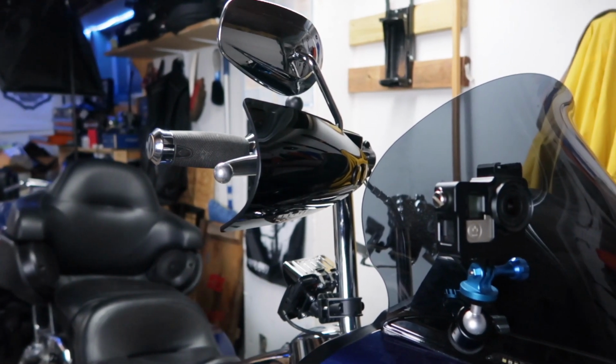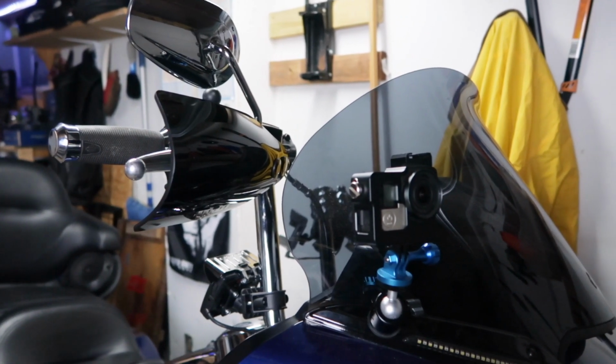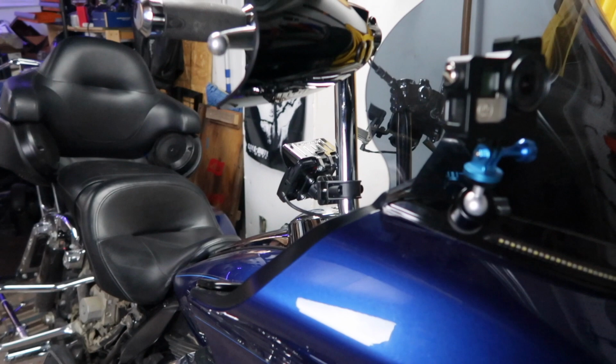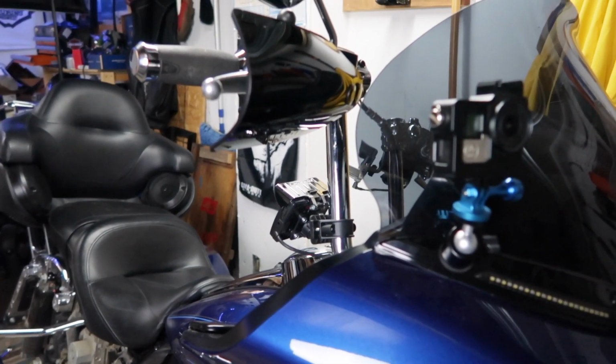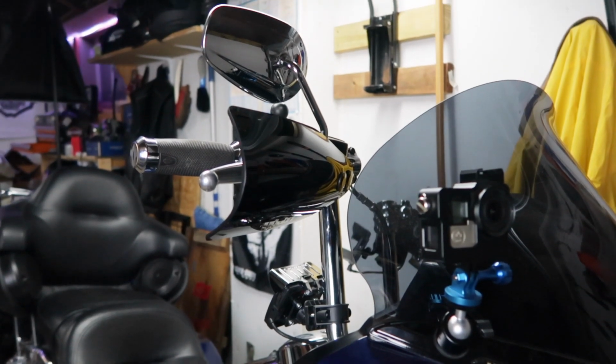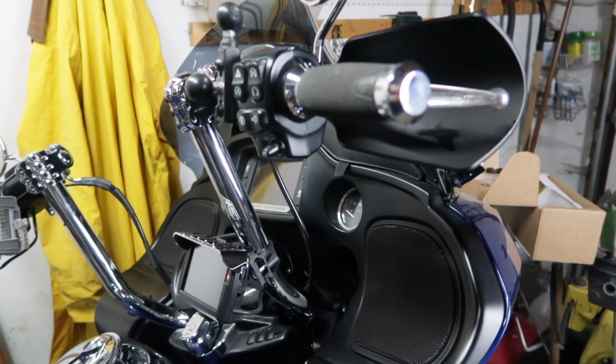I think I'm going to be real happy with these handguards from Memphis Shades. I think they look cool. They're going to protect your hands a little bit, especially in the colder riding season. Right now, we're just coming into spring. I haven't even had the bike out of the garage yet this year. It's still pretty cold, just starting to get into those days where we're seeing mid 40s, maybe low